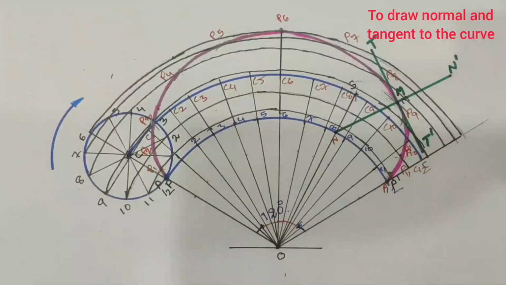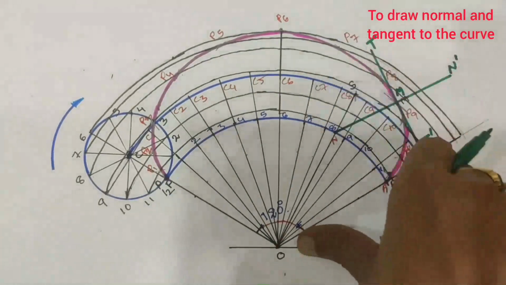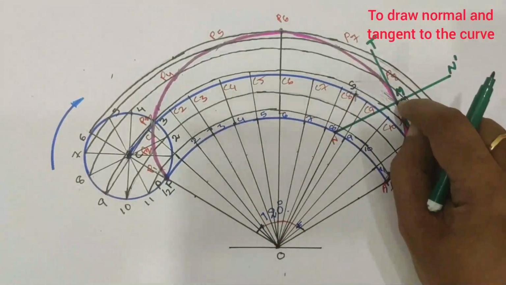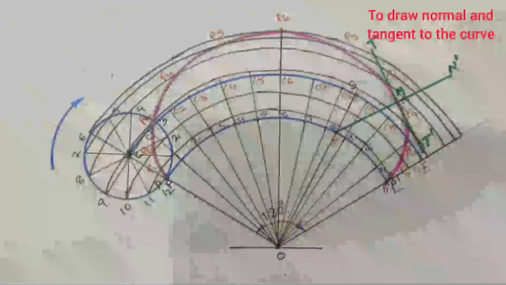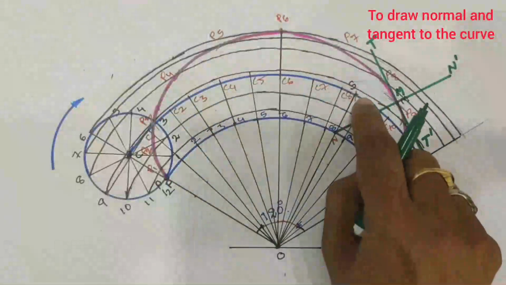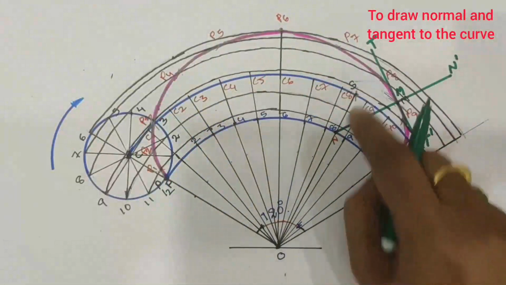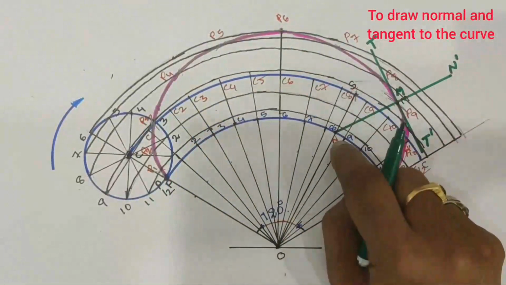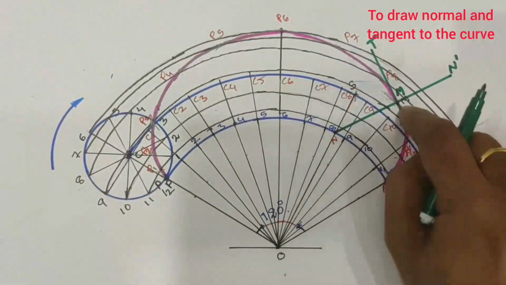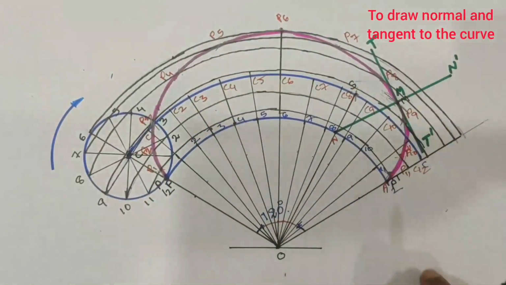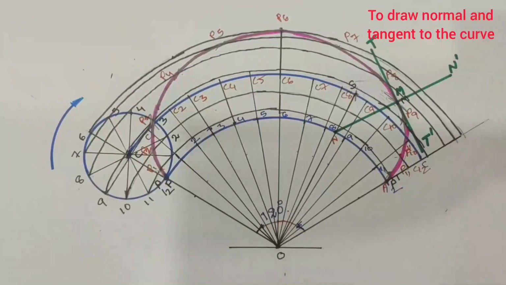That is how to draw normal and tangent to the curve. With O as a center, with the given radius, say 105 mm as a radius, draw an arc on the curve, then name the point on the curve as M. With M as a center, rolling circle radius as a radius, draw an arc on the locus of path arc, name the point as S, then join S to O. S to O is intersecting the directing arc at N, join N and M and extend it, that is normal, perpendicular to normal, tangent. That's about the construction of epicycloid and drawing normal and tangent.